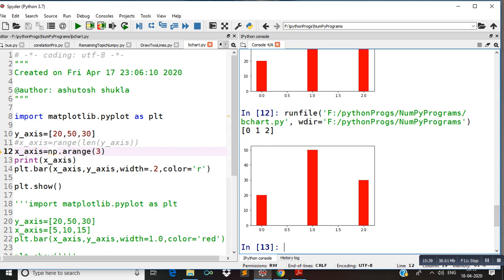And simple values using a list can also be given. So there must be the same number of values for the x-axis and y-axis. And if we want to assign some text for the x-axis and y-axis, how can that be done? To do this, I am going to make some lines active.